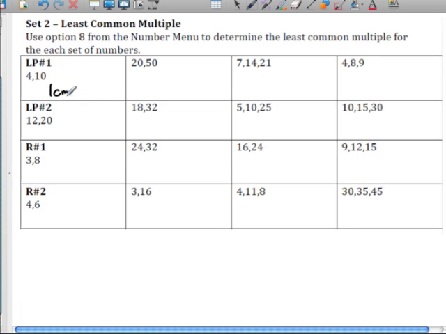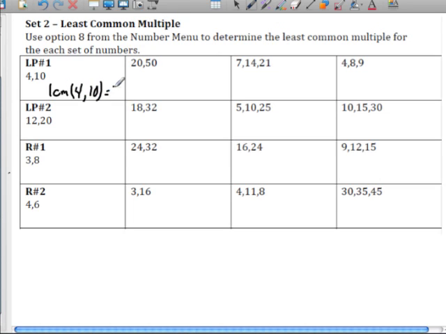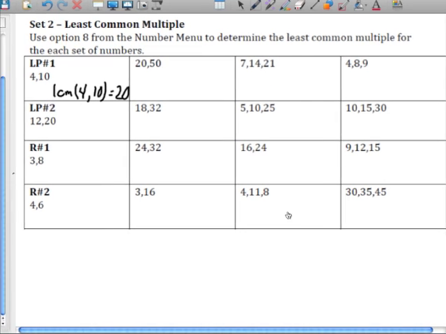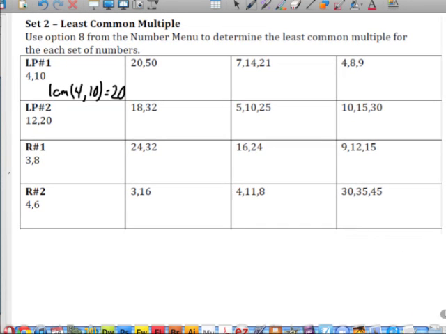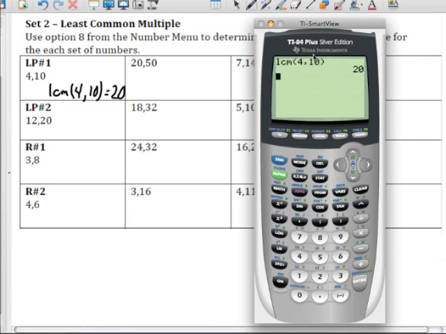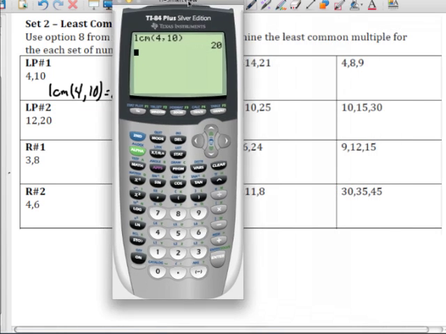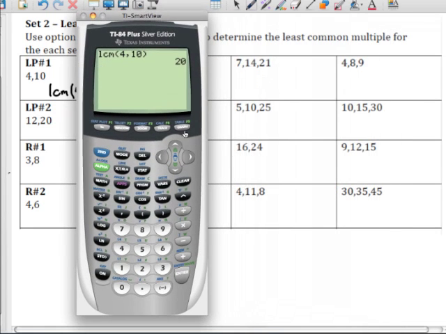The LCM of 4 and 10 is equal to 20. So let's go and do this third problem here where I have 3 numbers, because on the calculator you're not allowed to enter 3 numbers at one time into this least common multiple function. You can only do 2 numbers at a time. So when you come across 3 numbers in which you need to find the least common multiple for, you enter